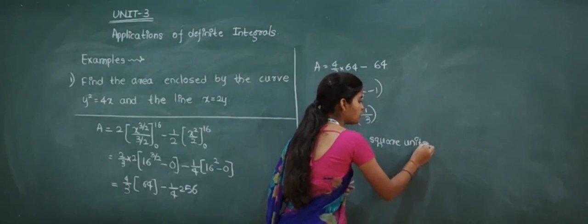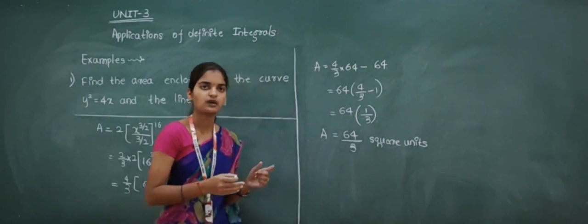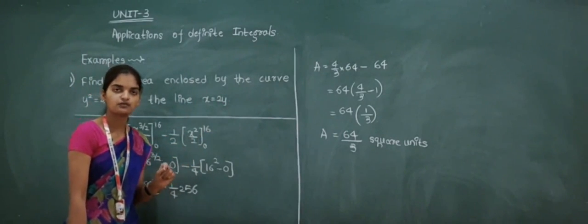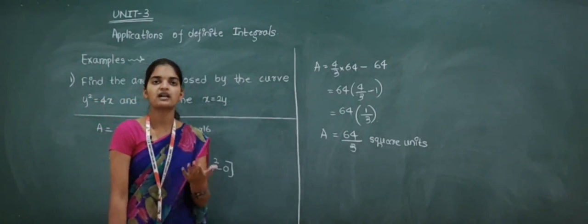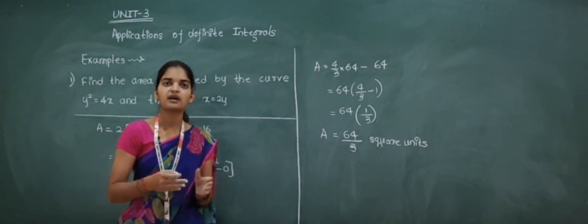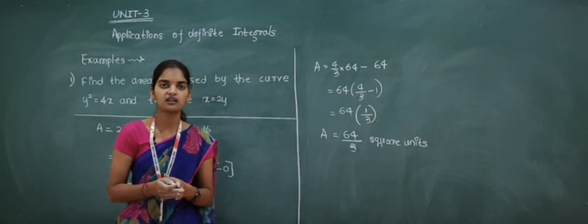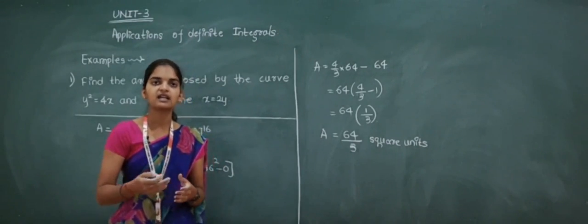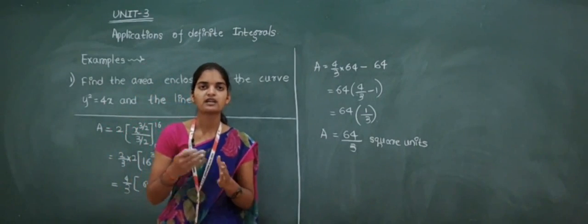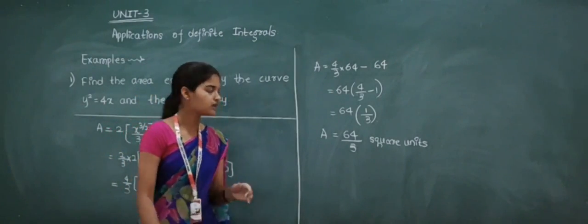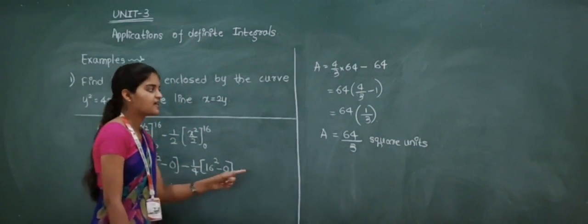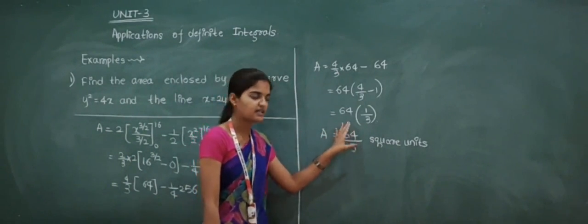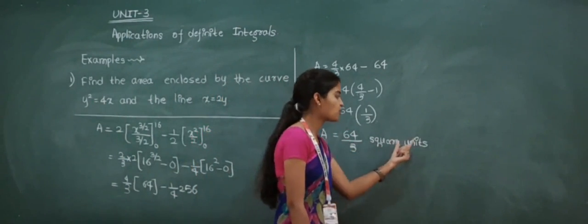Square units. So whenever a function, that is y is equal to f of x, is given and another line is given, from that first we took y is equal to f of x and y is equal to phi of x. Then by substituting one equation in another, we got the limits x is equal to 0 and x is equal to 16. Then taking the area formula for f of x and phi of x, from that solving we continued and simplified. At last we got the area as 64 by 3. So this A is equal to 64 by 3 and its unit we have to write, that is square units.